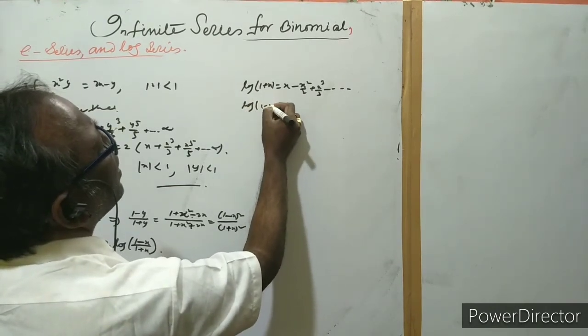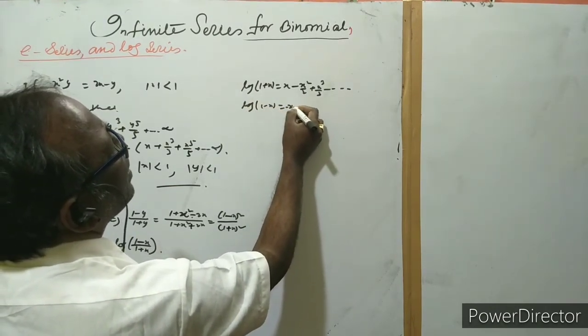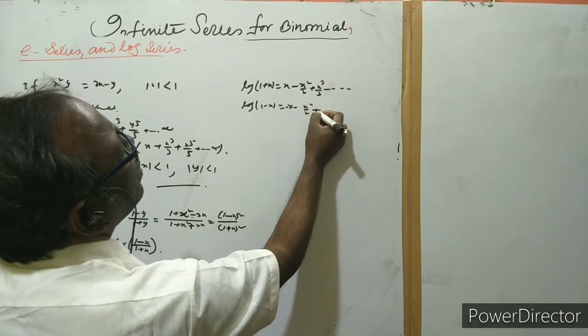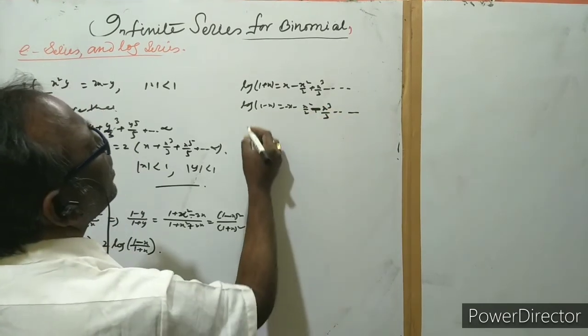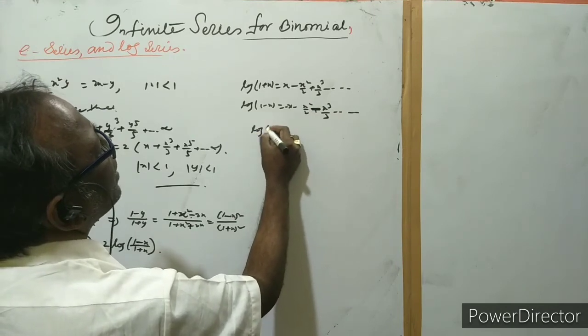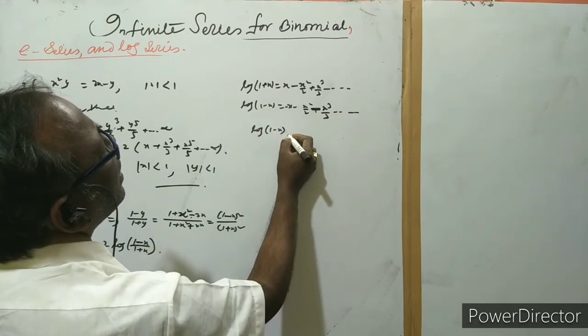And for 1 minus x it is minus x square by 2, minus x cube by 3, like that. If we are doing minus,